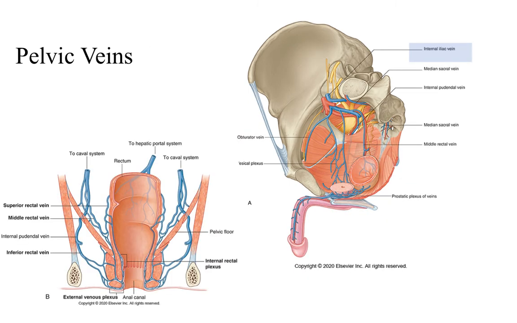Generally speaking, the major veins will follow the same path that arteries follow into the internal iliac vein, and then of course that would go back to the inferior vena cava, then up back to the heart, with a few exceptions, one being the deep dorsal vein of the penis, as well as the clitoris. They're going to go into a system, this prostatic plexus of veins. So they're going to go to this plexus that surrounds the prostate in males, or the